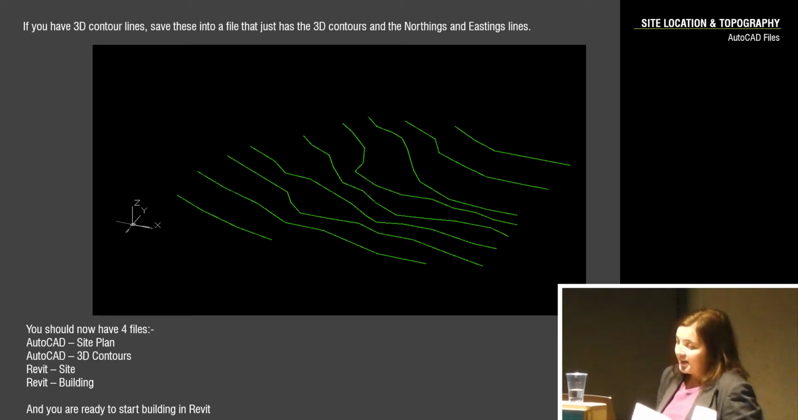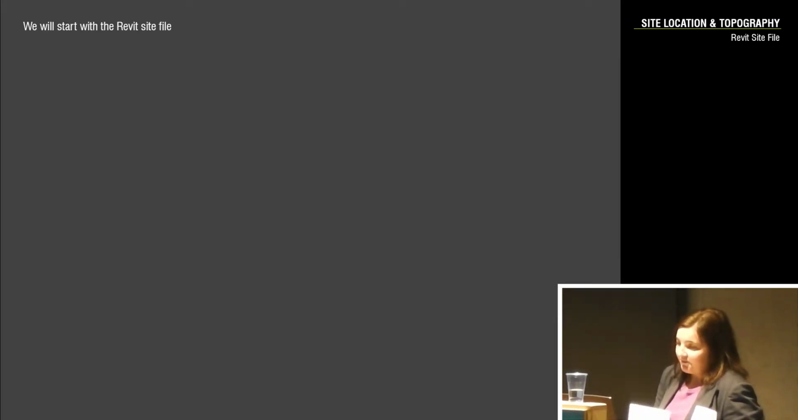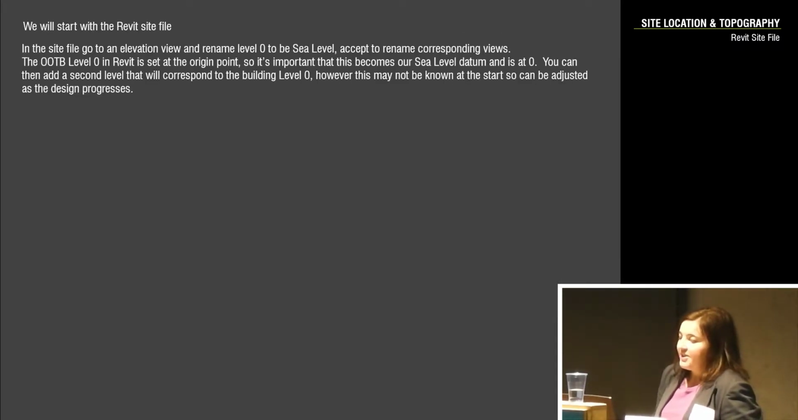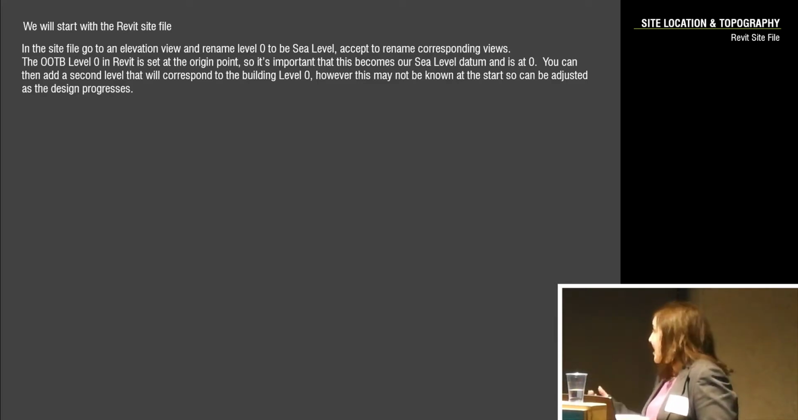You've got your site plan in CAD, you've got your 3D contour lines, your site Revit file, and your building Revit file. So then you go starting with your site Revit file. So you want to go to an elevation view, and by default, again, the out-of-the-box template, your level 0 is coincident with your origin elevation of 0. The level 0 in Revit is quite a critical level. It's a special level that Revit understands to be the origin point, so you want to keep that at your